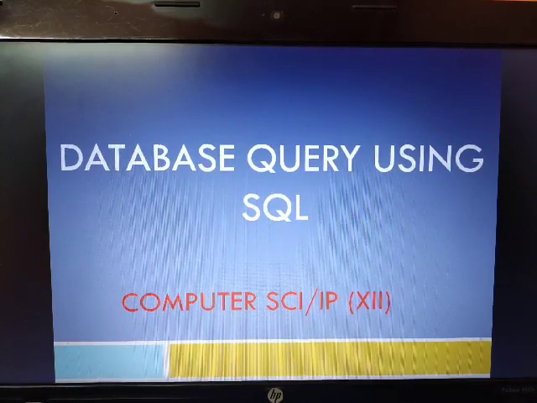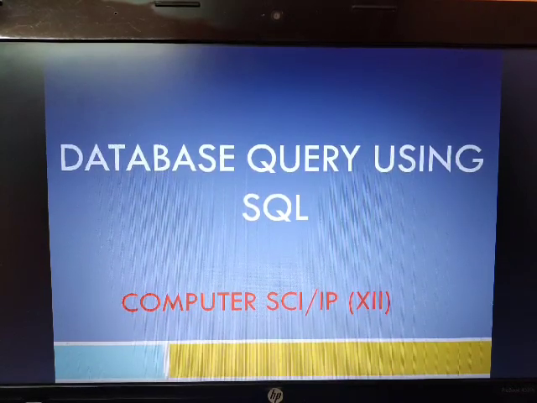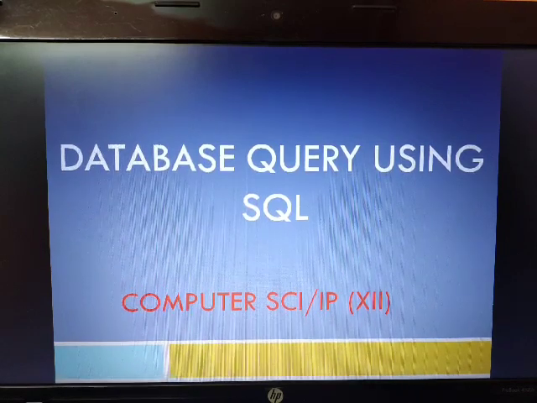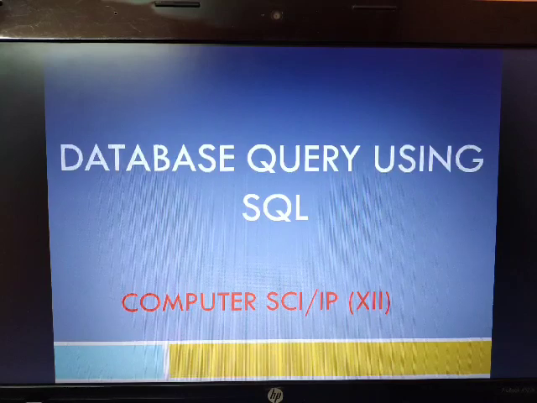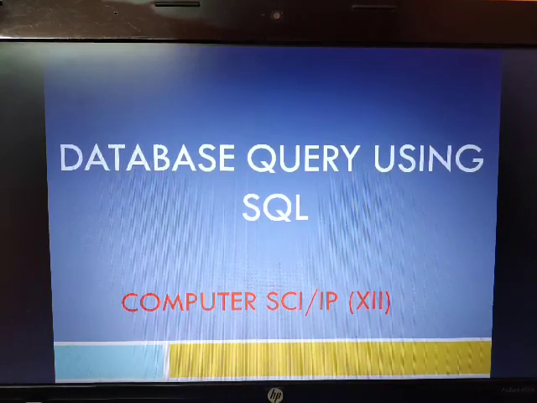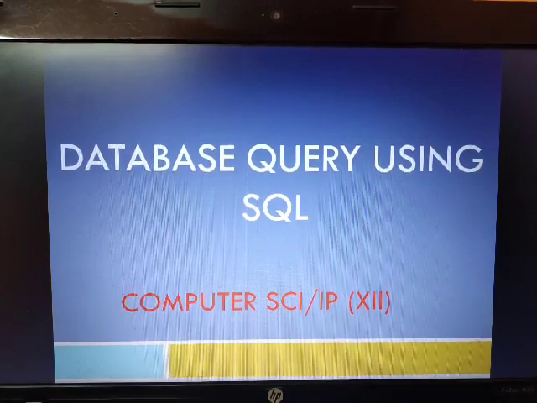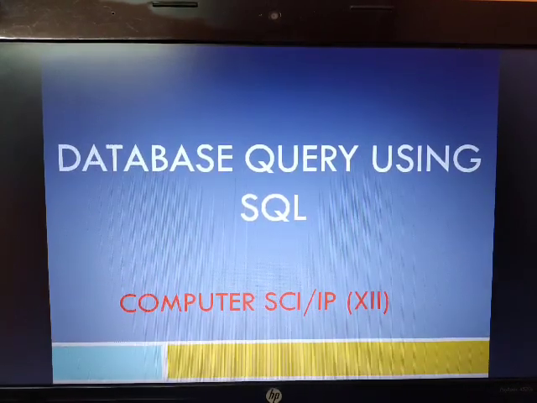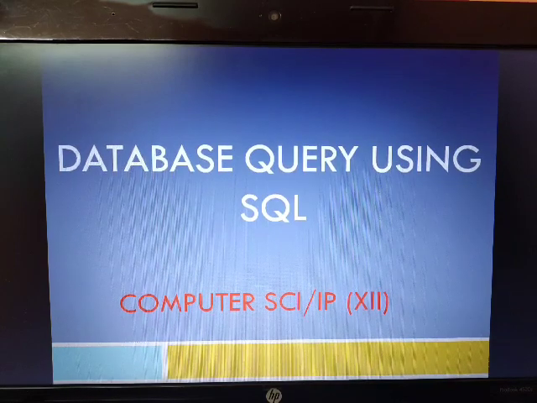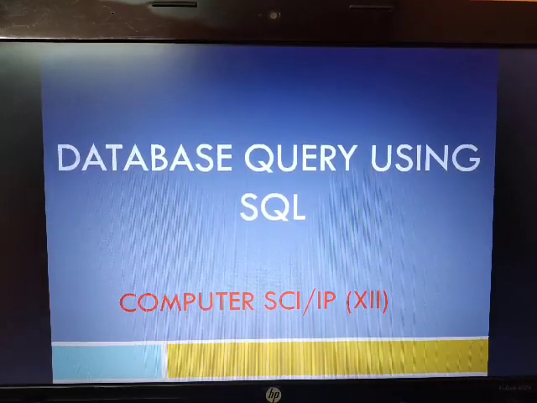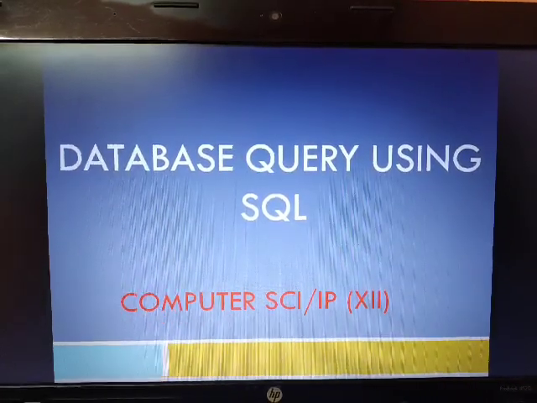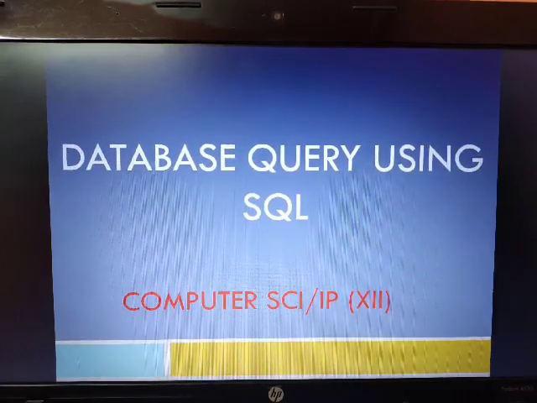We can perform different types of operations: retrieve, update, modify, delete, etc. with the help of SQL commands. We have a large number of SQL commands, and in class 11th you have already learned them, but here I will revise them, and step by step you can also revise your commands. So let us start database query using SQL.